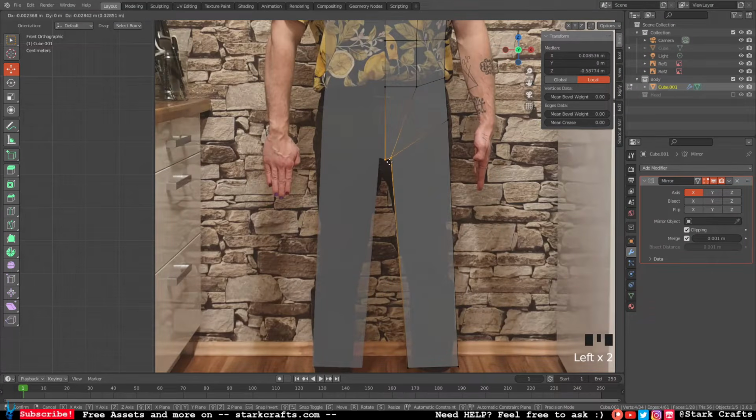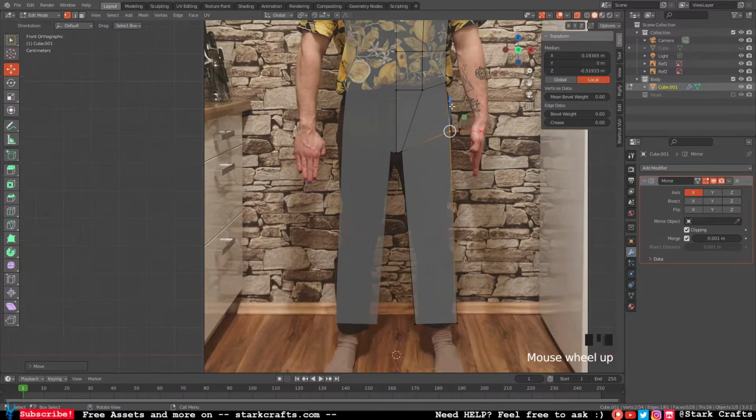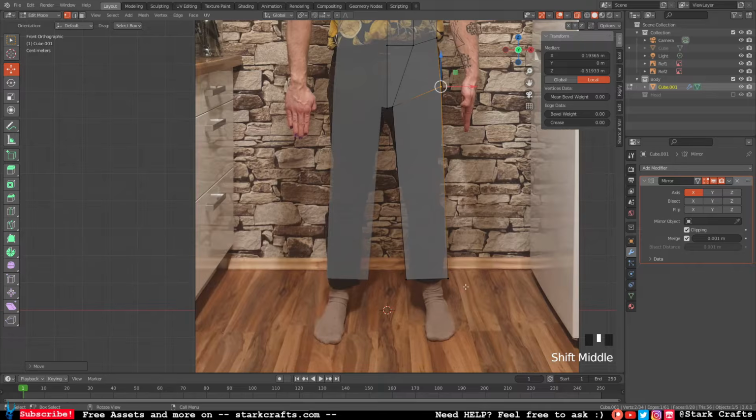Here in the crotch, it's a bit lower because of the pants. Also here we can basically orient along the silhouette, and also we need to add some geometry. Let's do that. We need one under and one above the knee,